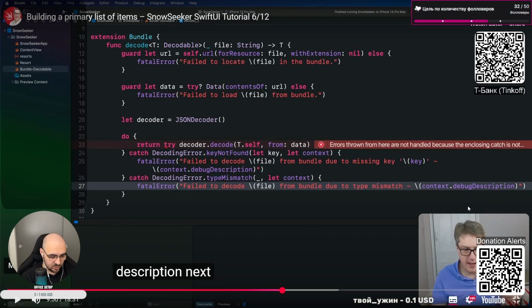Type mismatch. Failed to decode file from bundle due to type